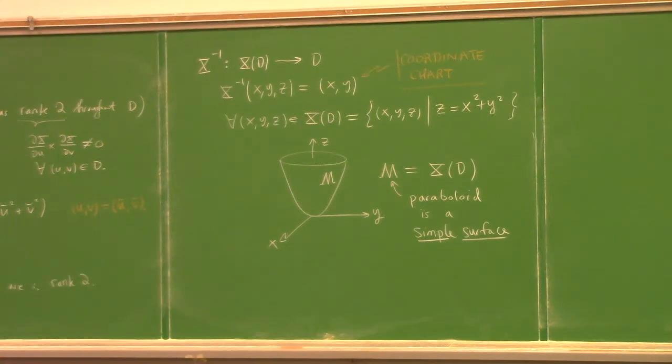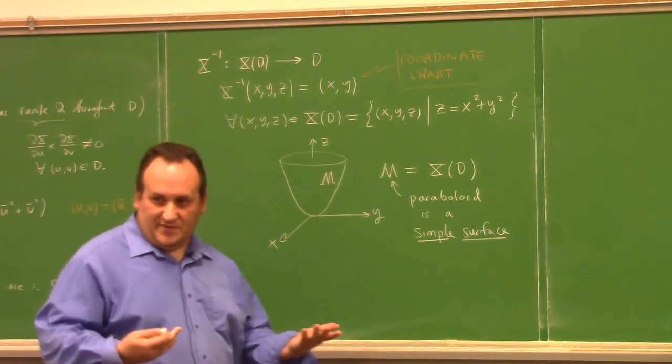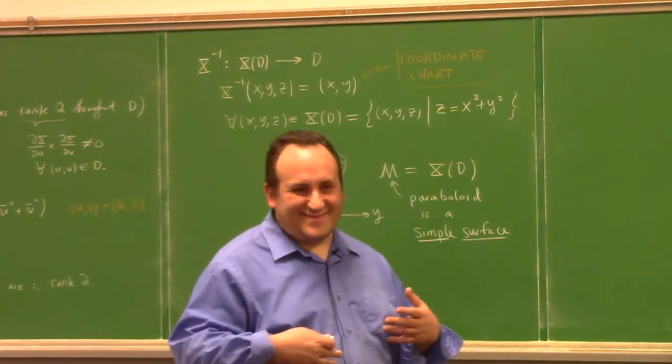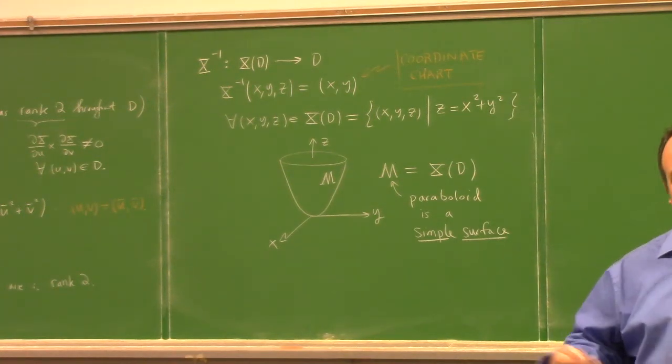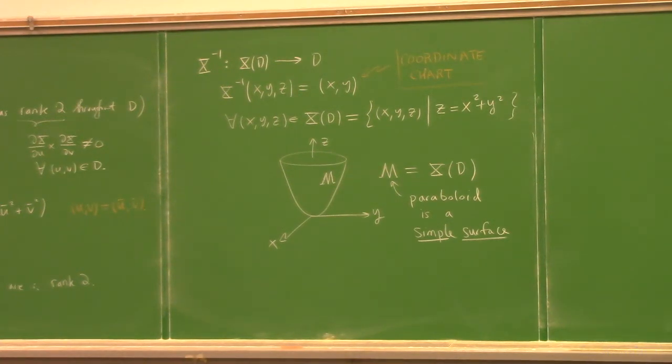Oh, so you're saying if you need two equations? If you need more than one coordinate chart to cover more than one patch, maybe it's not a simple surface. I mean, if it took two, that doesn't prove it's not a simple surface, right? To prove it's not a simple surface, you would have to prove somehow that there does not exist a patch for that set of points which covers it all at once. That seems a lot harder, right?